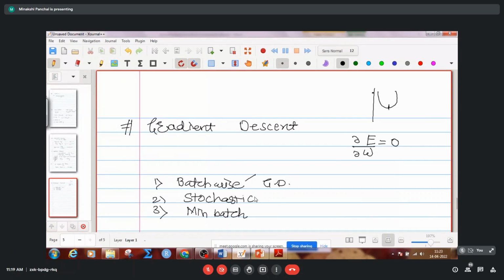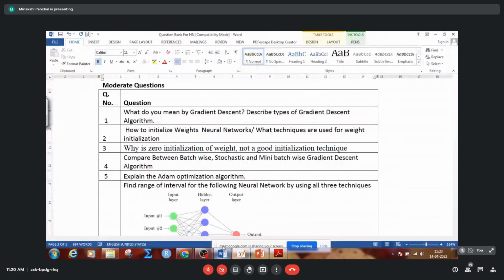Every sample, every row, every observation will be considered to calculate the error and to update the weights. What comes in mini batch? You are defining a particular batch, that is, data of 1 lakh will be divided into 100 batches. A mini batch will be considered, and batch-wise the gradient descent process will be applied. So if such a question is there, even for the moderate level, first explain the concept of gradient descent and